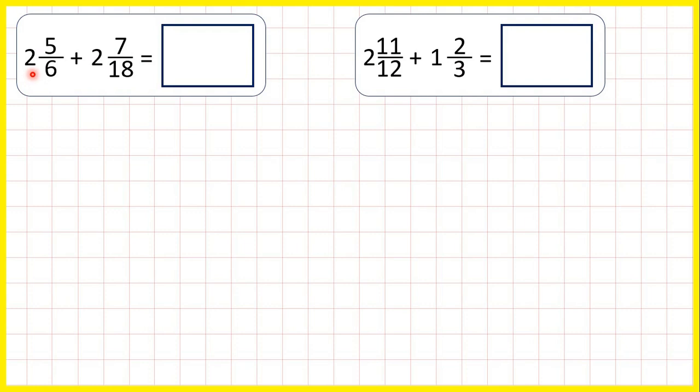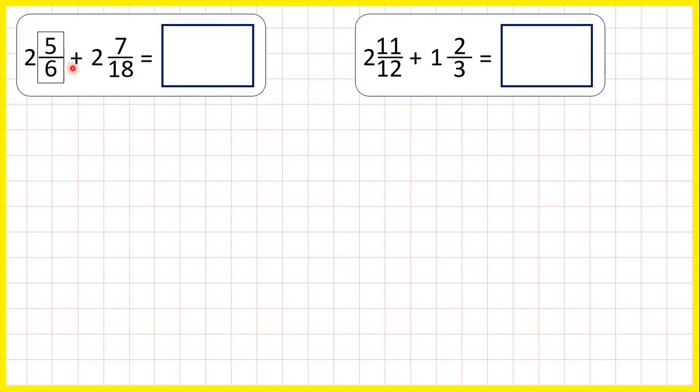Now we have 2 and 5/6 plus 2 and 7/18. Now to add fractions, or to add mixed numbers, we need the denominators of our fractions to be the same. Now 18 is in the 6 times table, so we can find an equivalent fraction to 5/6 with a denominator